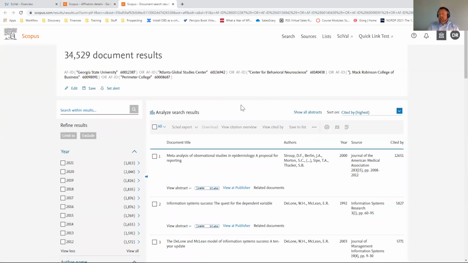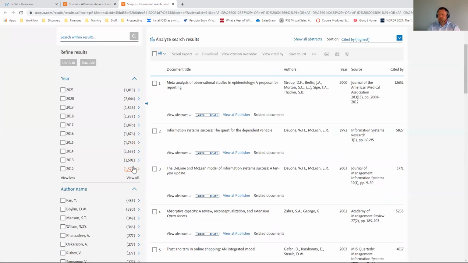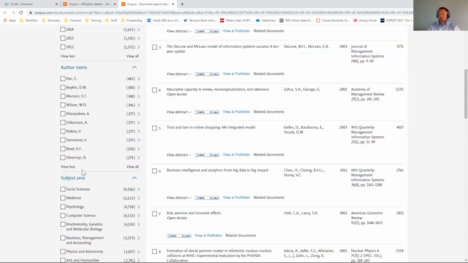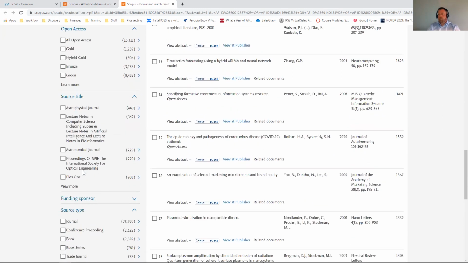So this is everything that we can attribute to Georgia State that we have. You can see some basic information down the left-hand side that you're familiar with. This is like shopping on Amazon, as everyone knows, and it's a very comfortable feel. You take a look at the heading. You take a look at your selectivity underneath, author name, subject area, the document type, whether or not something is